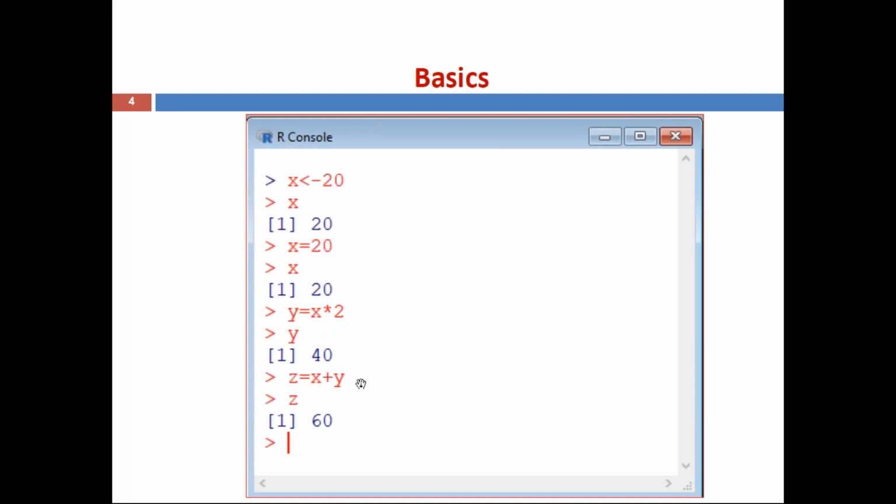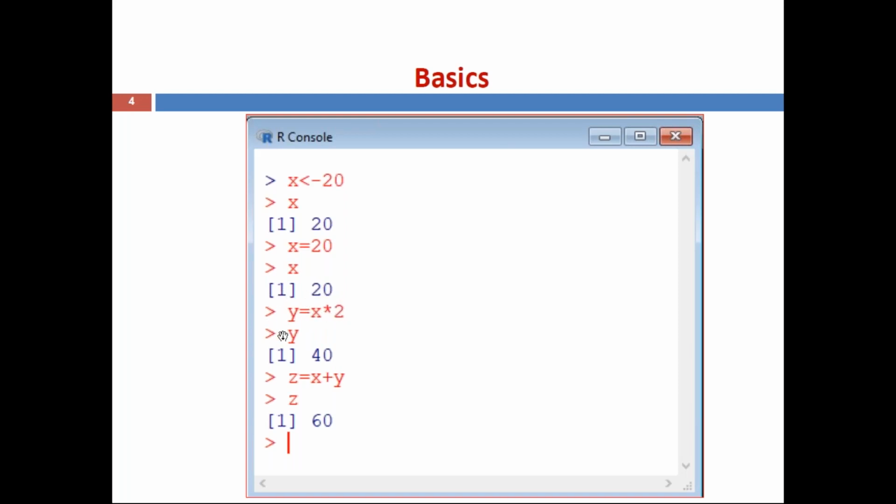So this is our console window screenshot, where these are all executed. First, I have assigned 20 to x, x <- 20 or x = 20, you can use either one. Now if you want to see the value available in x, simply type x and enter, and the output 20 is displayed. Or you can use the alternative with the equal sign, x = 20, again enter x, and simply 20 is displayed.